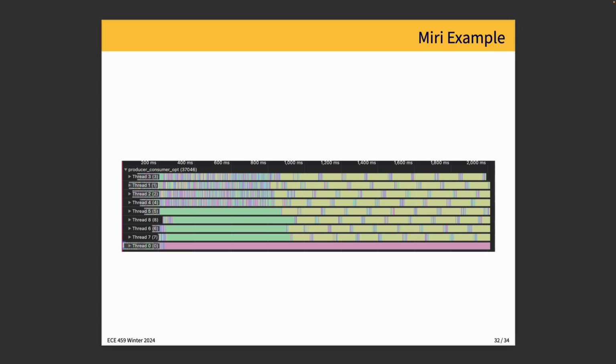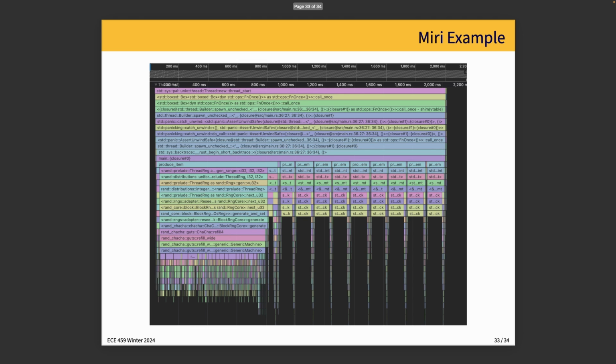I've got some screenshots here. We could do a live demo if that makes more sense, right? But ultimately, we get a nice breakdown of what called what. And if I zoom in on one thread in particular here, we're looking at the producer, and this thread is a producer, so there's a fair amount of setup that happens to launch a thread, right? Main is somewhat in the middle there, and then we call produce item,